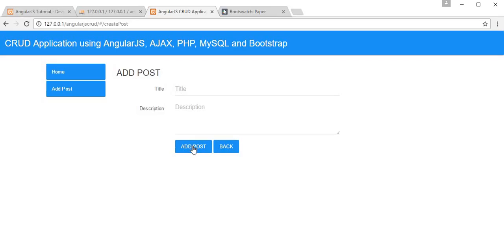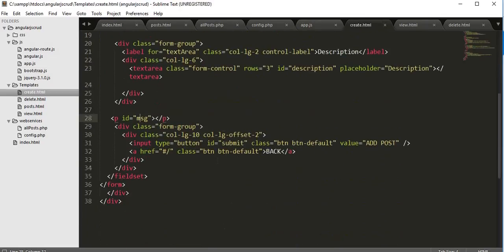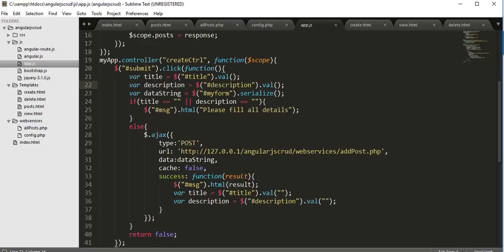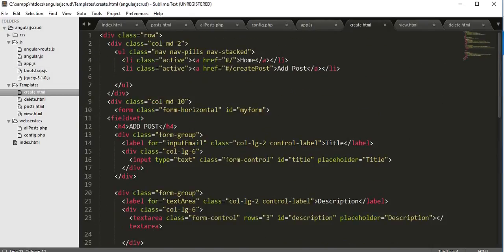Here I have created a controller with the name create controller, and inside this controller, whenever the user clicks on this add button, I have given an ID for this add button. Here you can see that ID with the name submit. Whenever the user clicks on this submit button, that submit action will be checked with the ID which has been attached to the form element button. Whenever the user clicks on that button, I will take the title and description from the form and store them inside these two variables, title and description, and then I'll be collecting the entire data